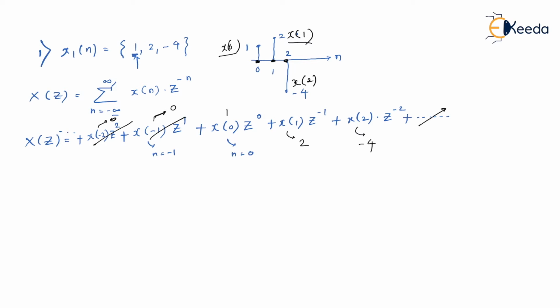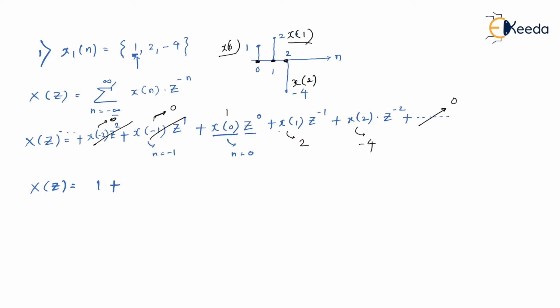It is minus 4. And the rest of the terms are all equal to 0. Let us substitute the values and get X of z. Finally, X of z can be taken as: the value of x of 0 is 1 and z to the power 0 is also 1. So the first term will be 1